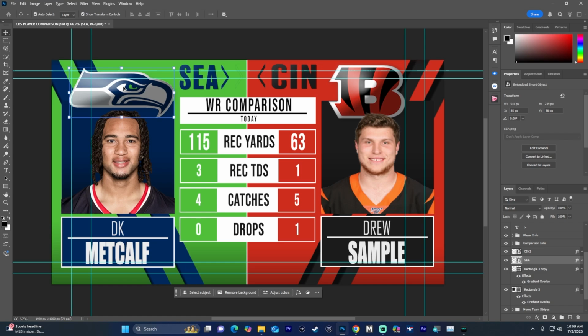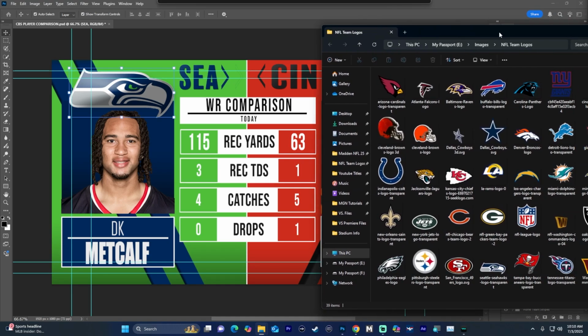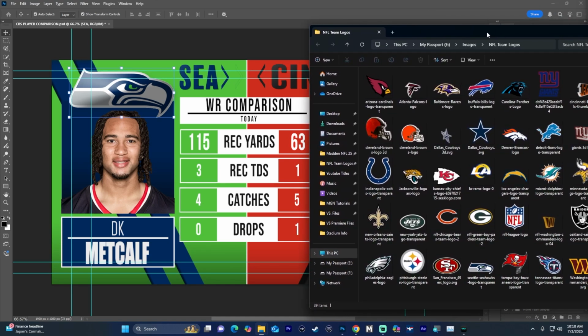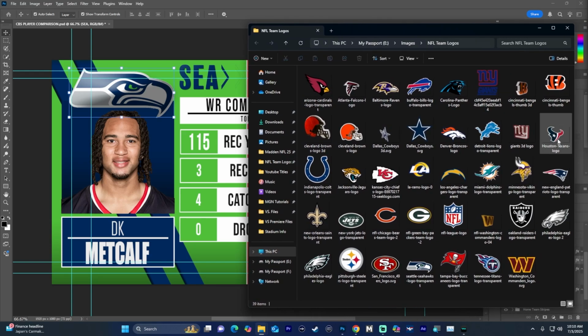This does not have a placeholder. So the best way to change this out, go to the folder where all of your team logos are, and here's where I store all mine. If you guys need the team logos, you can download these just the same as you would if you were downloading the image file for the players. But with any purchase, I will just go ahead and send you this folder. It has all the PNG files for all 32 teams. But what you're gonna do is get the image from your folder,